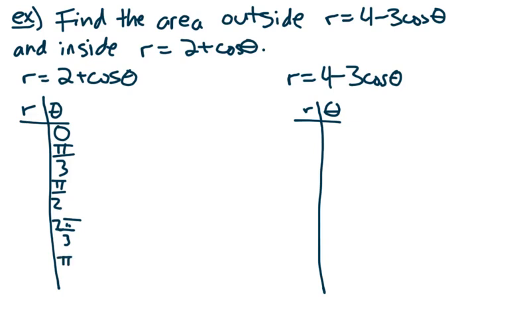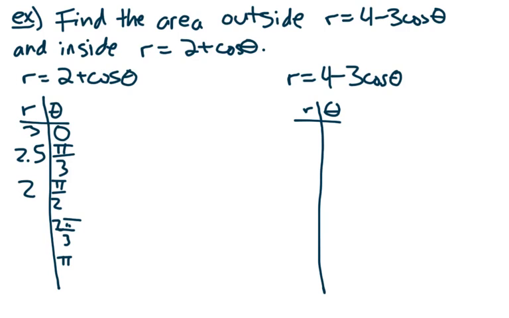And then this is enough for us to get a pretty good idea of what's going on, and then we can fill in, like we said, the third and fourth quadrants from symmetry. Now, when I plug in 0, this is 2 plus cosine of 0, that's 2 plus 1, there's 3. When I plug in pi over 3, cosine of pi over 3 is 1/2. 2 plus 1/2. Well, we'll just say 2.5 to make it easier. When I plug in pi halves, cosine of pi halves is 0, so that's 2 plus 0,